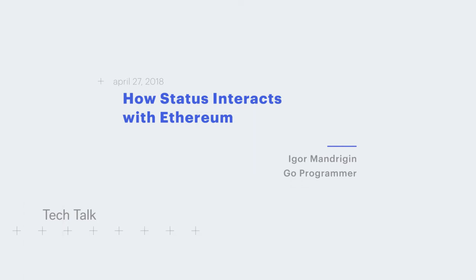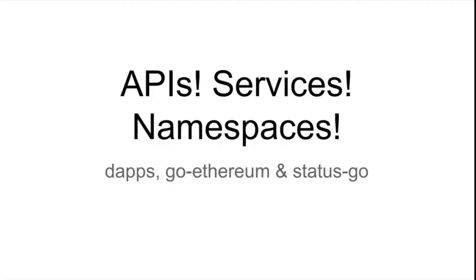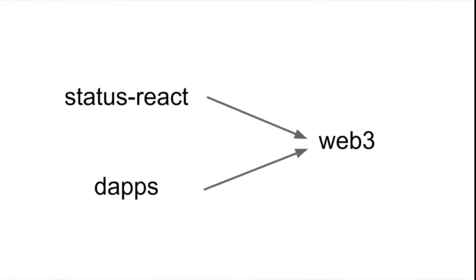Today I want to talk a little bit about how Status Go interacts with Go Ethereum and what it means for dApps and for Status React and Status clients in general. First, I want to talk a little bit about high-level architecture. In general, we can see that both Status React and dApps mostly interact with Go Ethereum the same way. They're both using the Web3 APIs, except